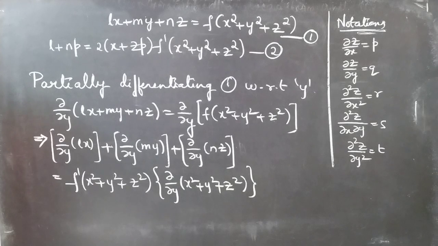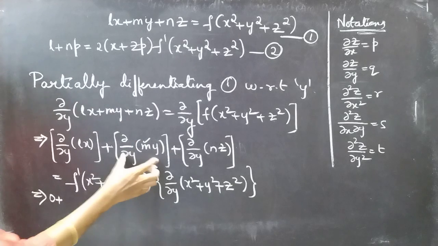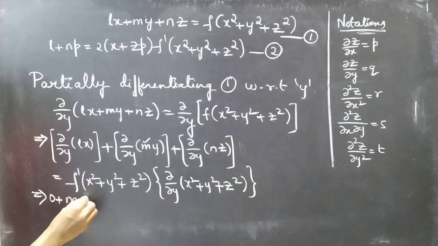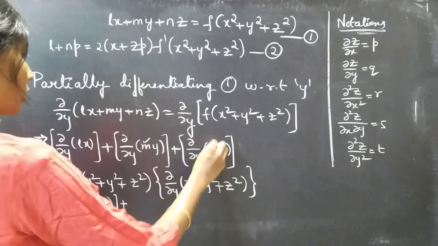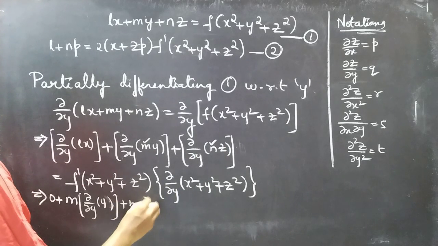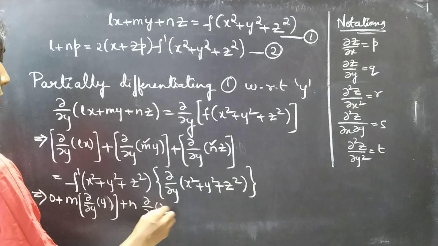Okay, this gives us the partial derivative of a constant with respect to y is 0, plus here m is constant. We'll write this term as m into the partial derivative of y with respect to y, plus here n is constant. We'll write it as n into the partial derivative of z with respect to y